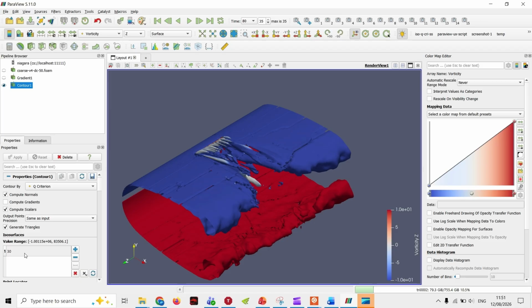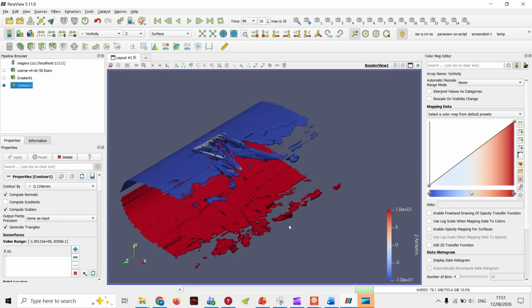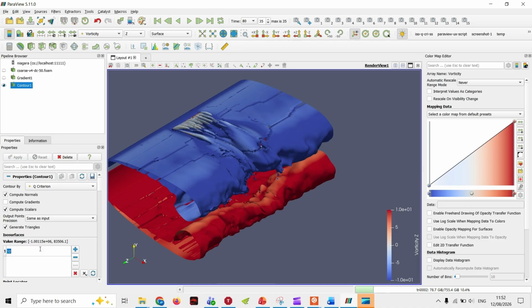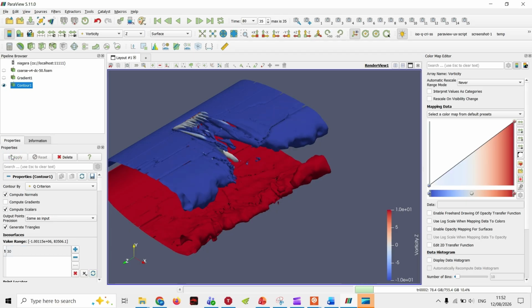You want to play around with the threshold until you get something that you're happy with. Now that looks probably a little too small. We can also try 10. So yeah, I've done this before. So 30 is the one that I kind of like for this case. Now,